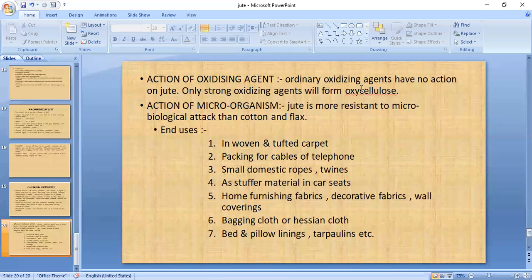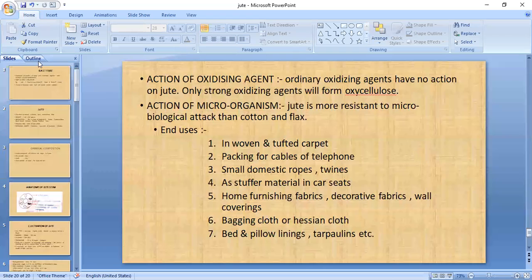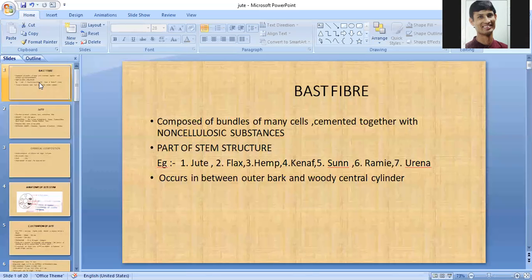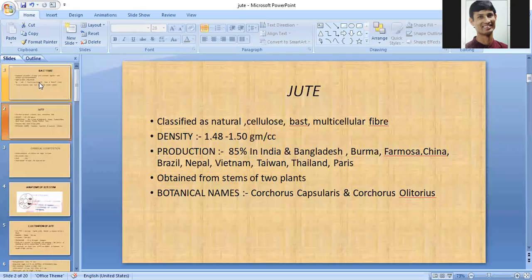So in this way, we have covered today from bast fibers we have started. Then bast fiber, there are different examples of bast fibers: jute, flax, hemp, kenaf, sunn, ramie, urena. From these, we have two fibers in our syllabus, jute and flax. So today we have taken jute fiber,